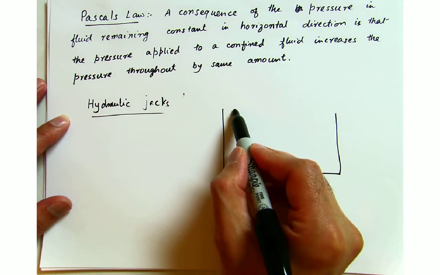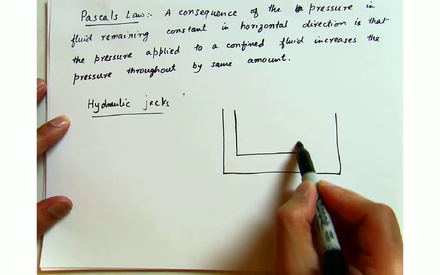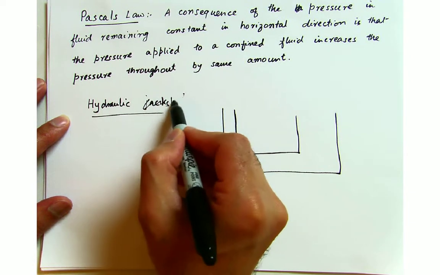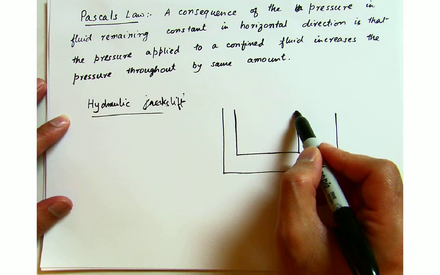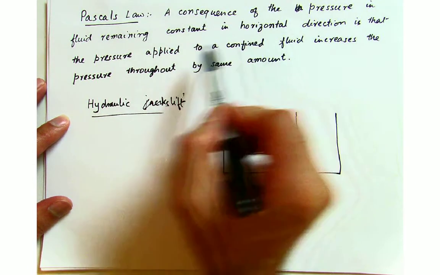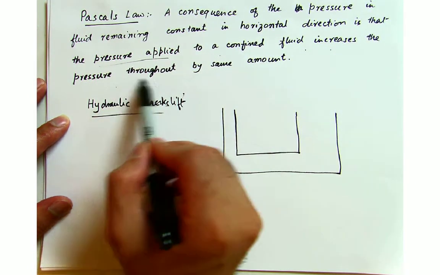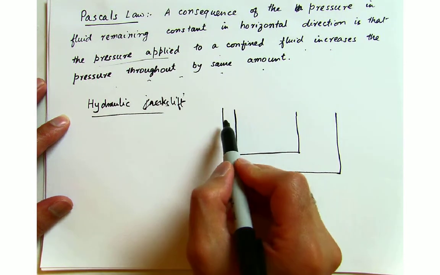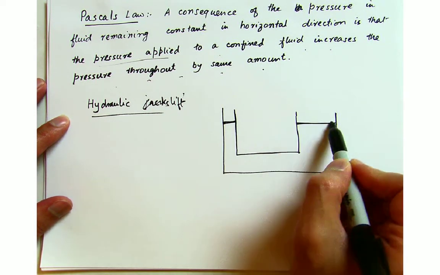So let's suppose you go to a hydraulic jack, and even so this one is a lift, a hydraulic lift. But there are a lot of applications based on that. The pressure applied to a confined fluid increases the pressure throughout by the same amount. So if this is a confined fluid, you have a piston over here, you have a piston over here,